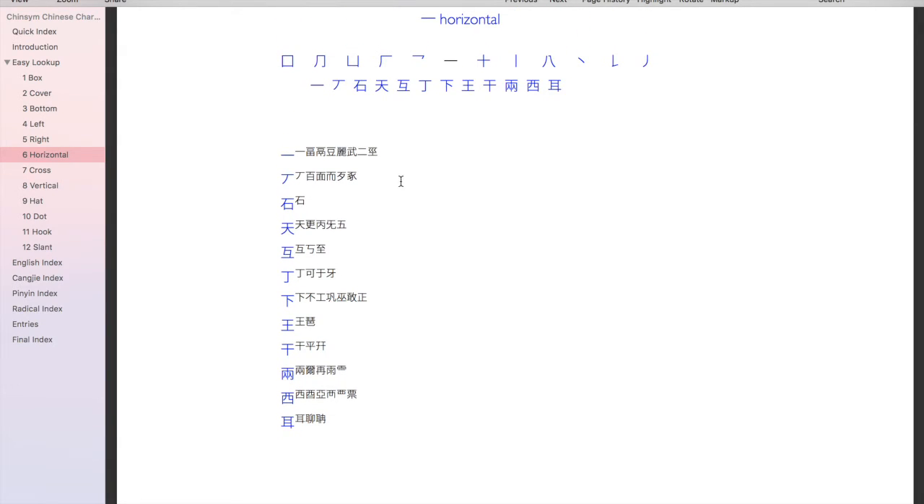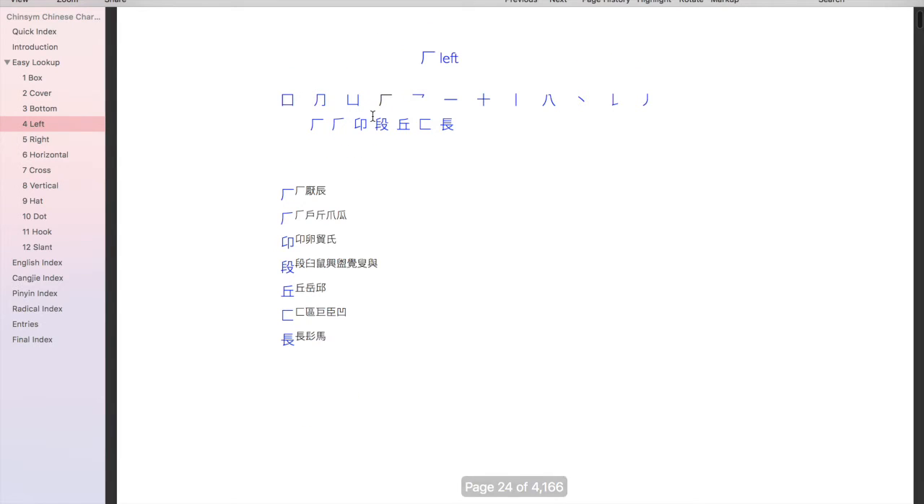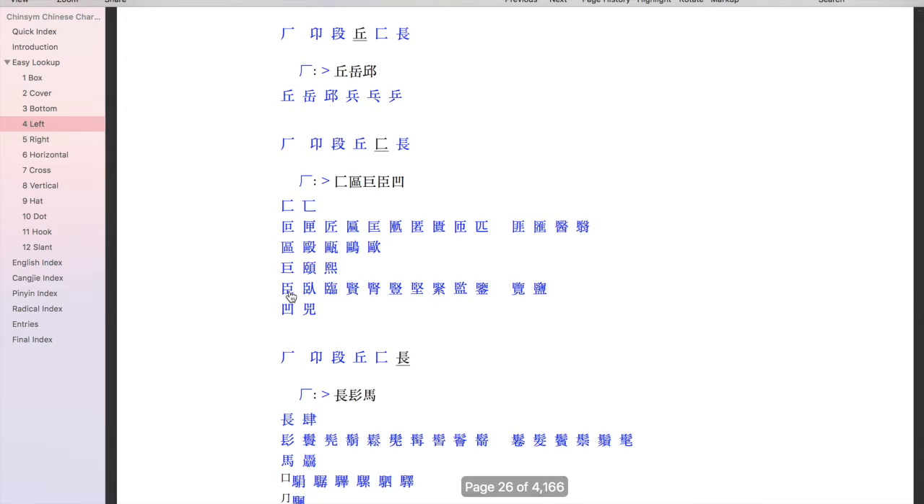And so let's just take a look through. Going to the left, these are the derivatives of the left easy lookup key. Going to the vertical menu, these are the variations. So if we click on, say, this one,